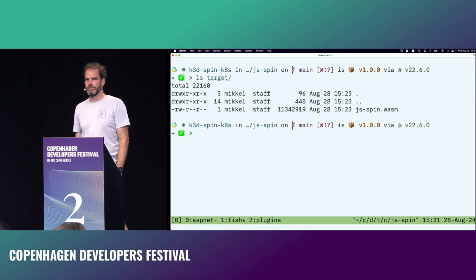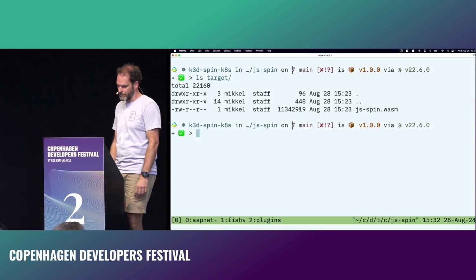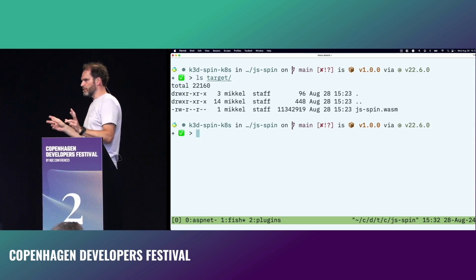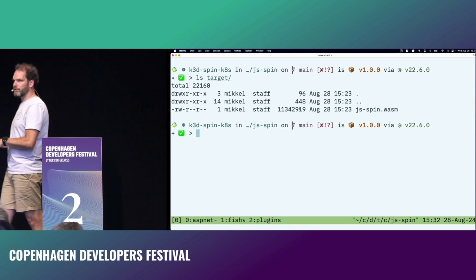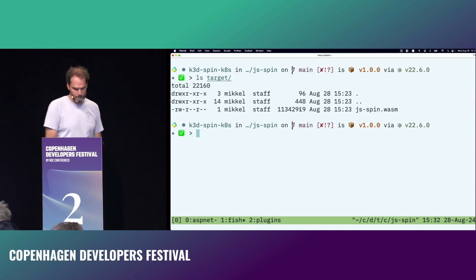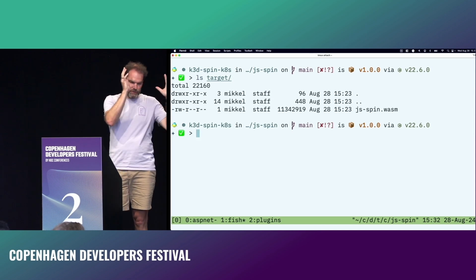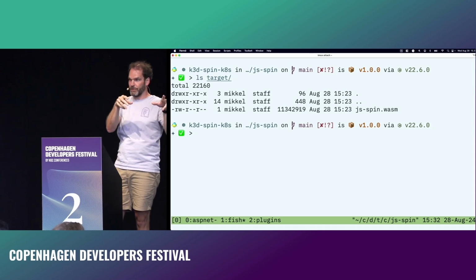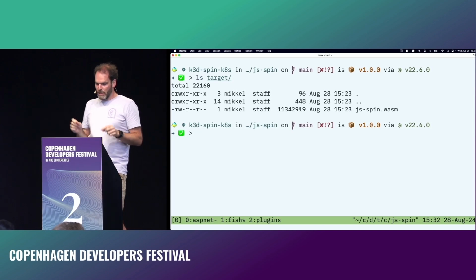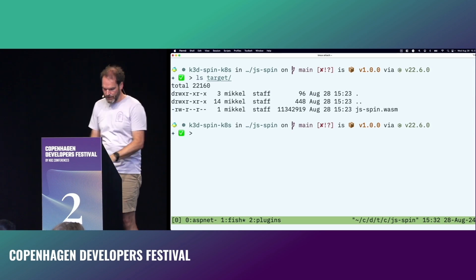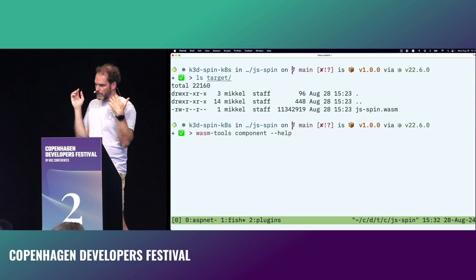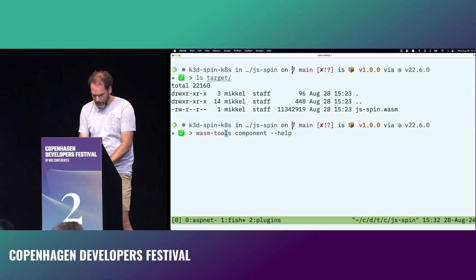Rust files in WebAssembly tend to be super, super small. There's also a lot of debug info and stuff in there that we can strip away, but there really is a correlation between what programming language you use and how small these WebAssembly files end up being. But the point that I wanted to get to actually is that even though we used Spin to build this thing, and we saw that it ran in Spin, this WebAssembly uses WASI HTTP, and we can actually go and inspect the